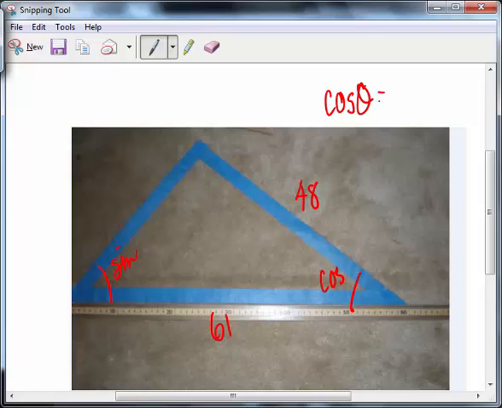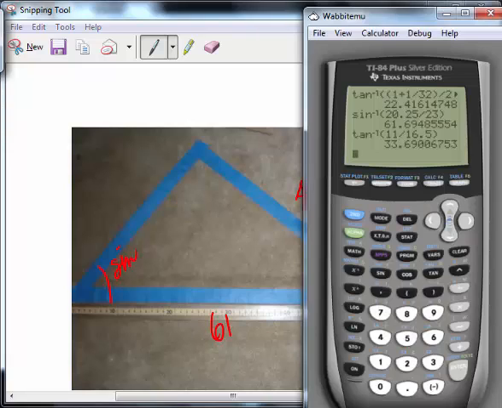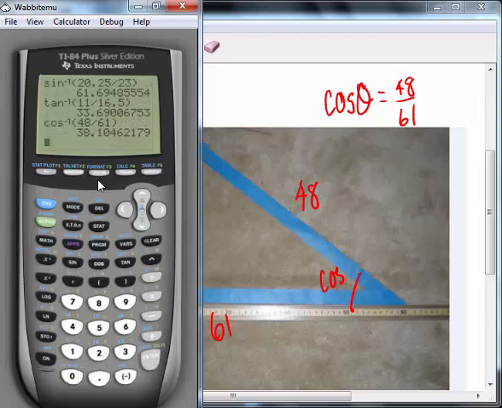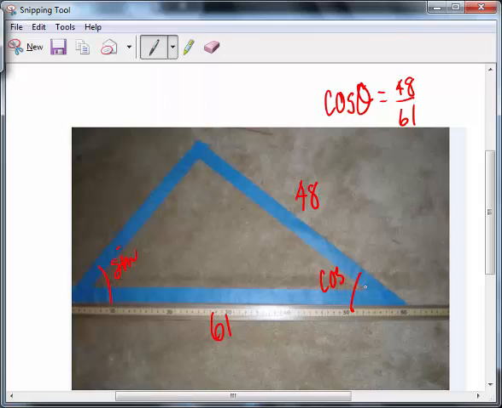Cosine theta is adjacent 48 over hypotenuse 61. So on our calculator, we would press shift cosine, because we're looking for the angle, 48 divided by 61, and we get 38 degrees. So if this is a 38 degree angle, obviously,